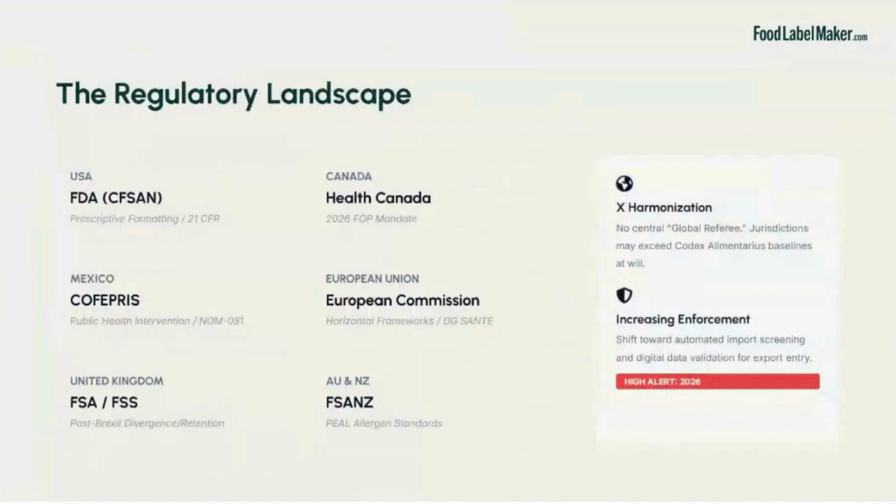Okay, before we get into the technical details, we need to acknowledge the gatekeepers. If you are exporting to these 6 markets, you are dealing with 6 different legal architectures. On this slide, you'll see the primary authorities we navigate daily. So in the EU, we deal with the